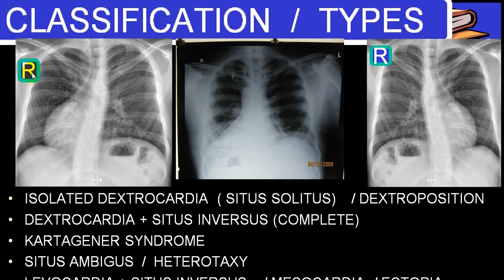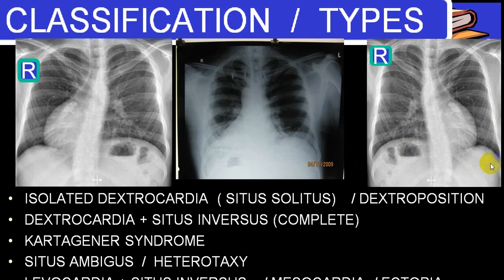So you can see this is the right side, this is dextrocardia, this is again the right side, the apex is towards the right side, dextrocardia. Here there is a dextrocardia with the gastric bubble, if you see, on the left side. So this is dextrocardia with situs solitus. This is dextrocardia. This is levocardia with situs inversus. You can see this is pointing towards the left side, normal position. So this is levocardia.